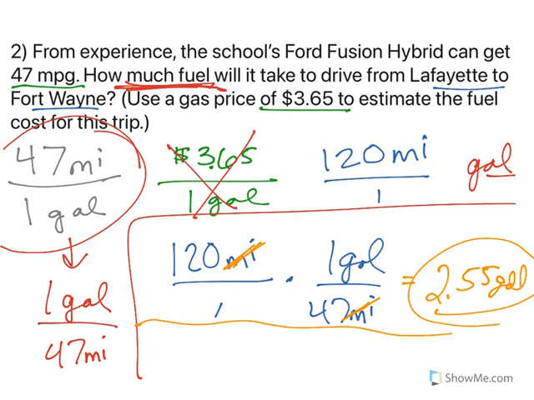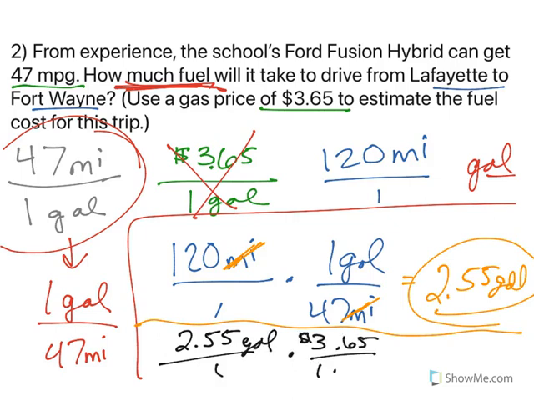The next question, which it doesn't ask, but let's do it anyway: how much will this cost? Well, 2.55 gallons over 1 times $3.65 over 1 gallon, that makes my gallons disappear, and my cost to the nearest penny is $9